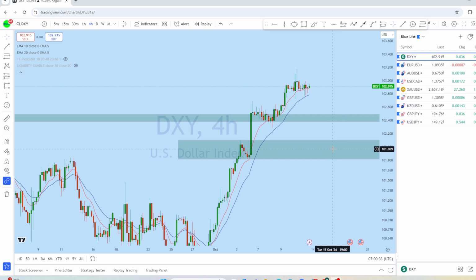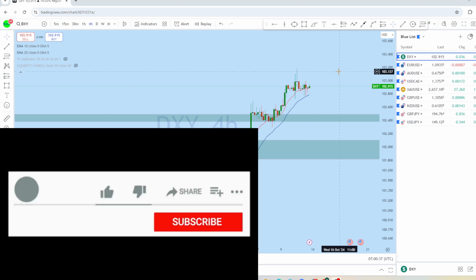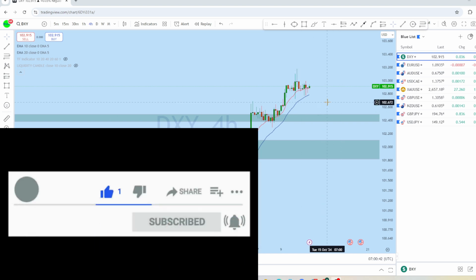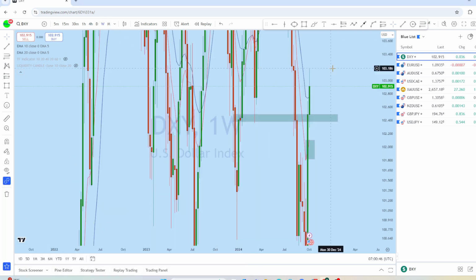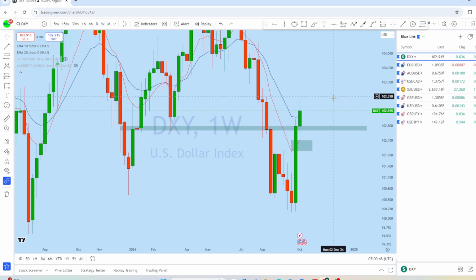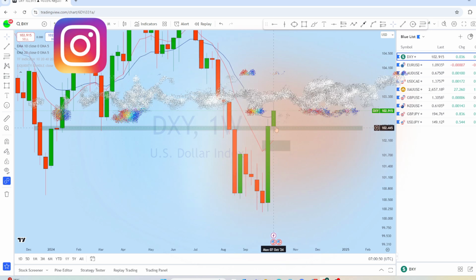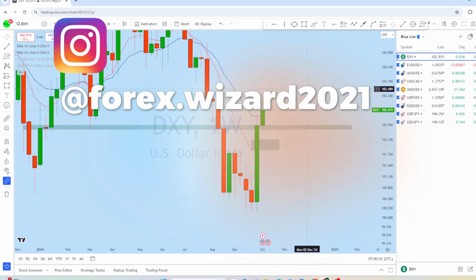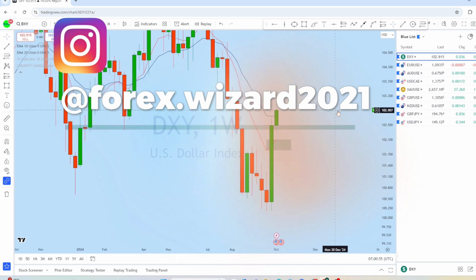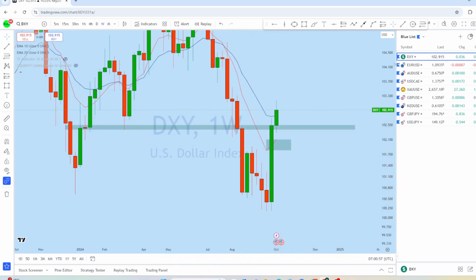Third week of the month coming up after the previous weekly strong bull move on DXY, the market is still in a bullish trend. This week we can expect again further volatility. If we look at the weekly chart on DXY, we can see that as expected DXY has formed a bullish candle. Now let's see in the upcoming week what kind of opportunity we have in those instruments.